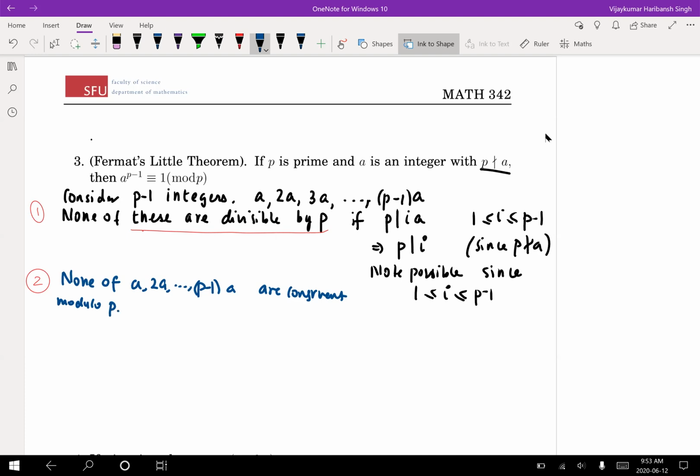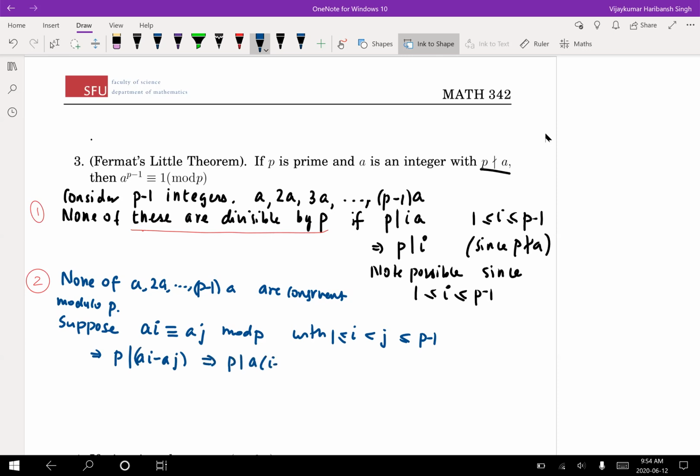Why is that? Suppose ai is congruent to aj mod p, with, say, i less than j without loss of generality. This would mean p divides ai minus aj. That is the definition. This means p divides a times (i minus j). This implies p divides i minus j, since p does not divide a, and p is a prime. So this is not possible,